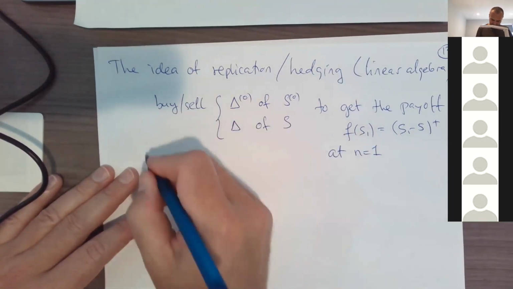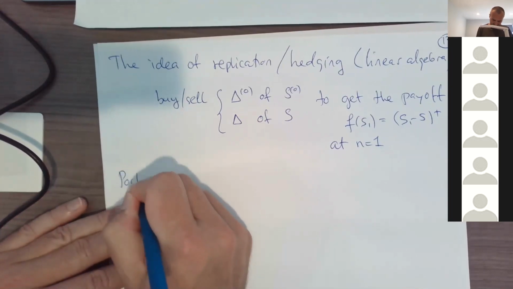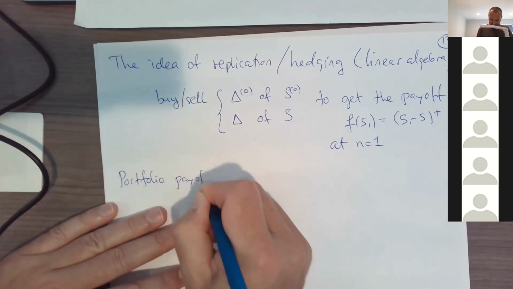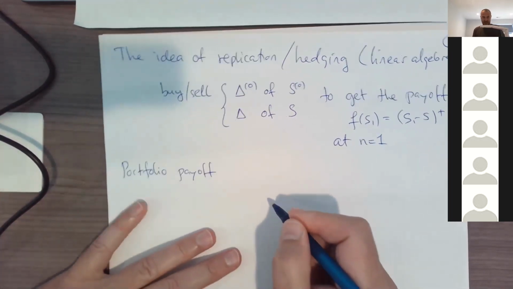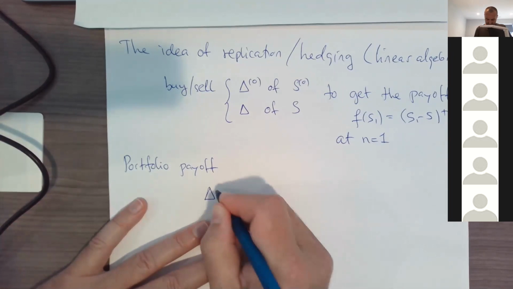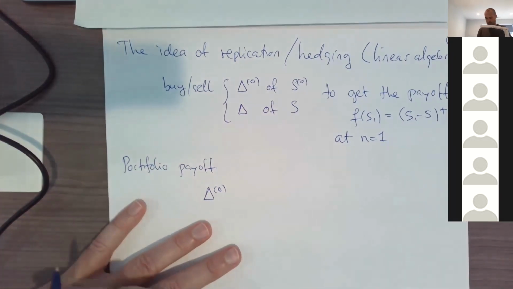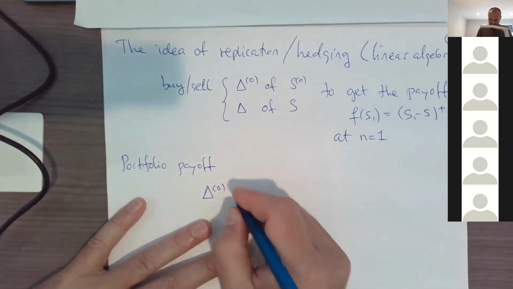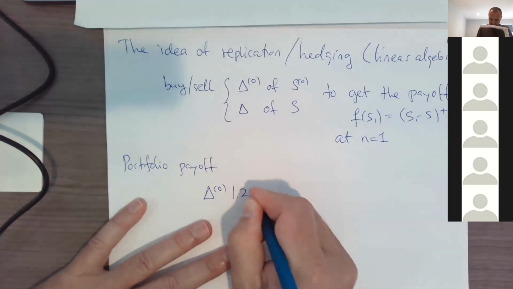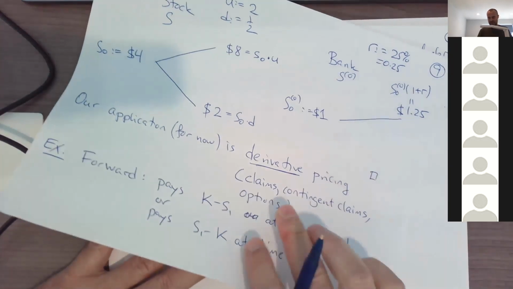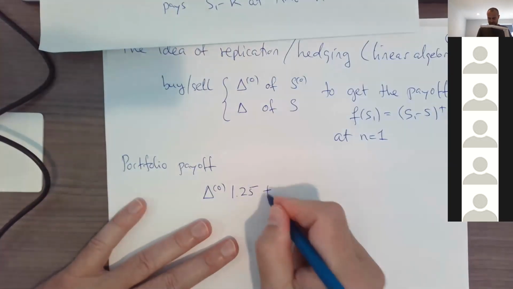The portfolio payoff is going to be, well, this is how many I have of the bank, and what's the value of the bank at the end? Well, it's 1.25, plus